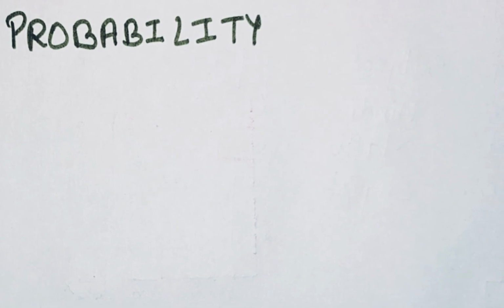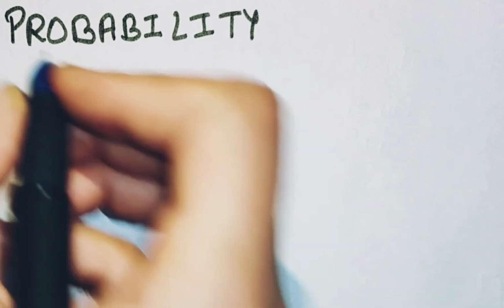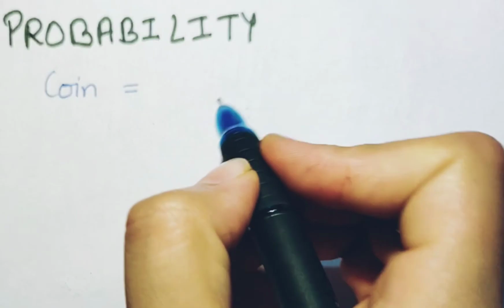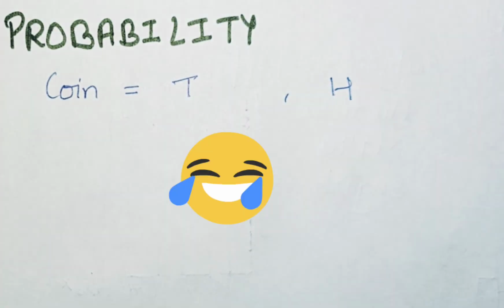Suppose you and your friend went to a shop. Now there you are thinking of whose choice you should buy the biscuit. Now how you will decide? So your friend gave you an idea. I'm having a coin. Let's toss it. If I get head, then the chocolate will be of my choice, and if you get tail, then the chocolate will be of your choice. So in a coin, you have two things to come. Either tail will come or head will come. Only two chances are there.